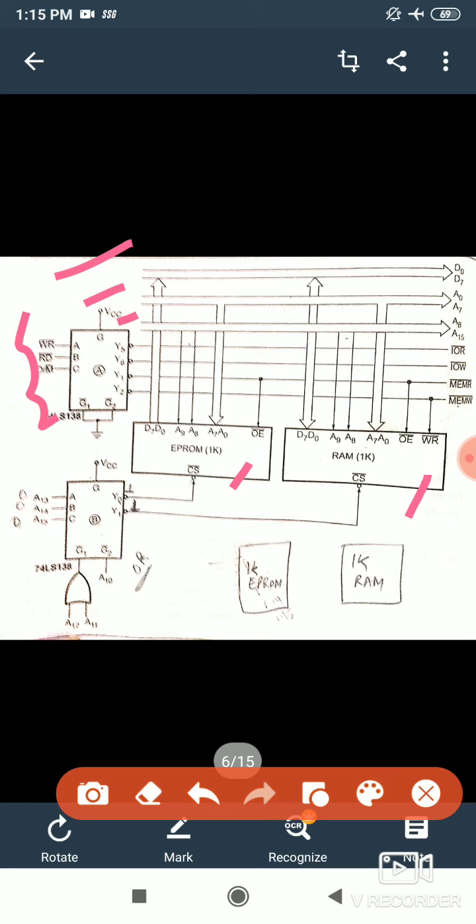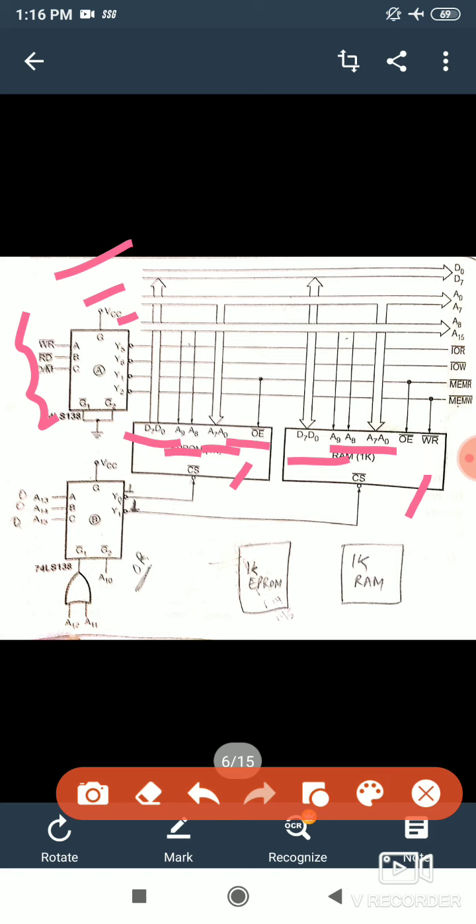So here what will we do? We will write A0 to A7 in full, and A8 to A9 instead of A8 to A15. Why A8 to A9? Because A0 to A9 in total becomes 10 address lines. Similarly, we will draw these address lines here. We know that it is 1 kilobyte of ROM and 1 kilobyte of RAM, so the whole data lines are interfaced with the ROM as well as the RAM.